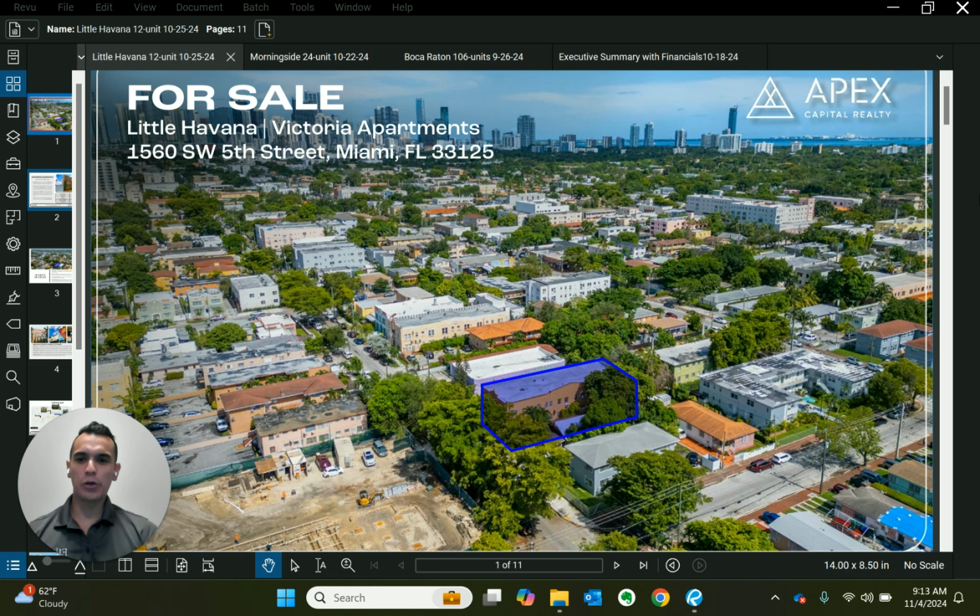Today we're going to go through offering memorandums, specifically of multifamily apartment buildings, and how to decipher them, what to look for, and more importantly, what's not listed in the offering memorandums. And this is going to save you a lot of time, whether you're an investor or an agent working with